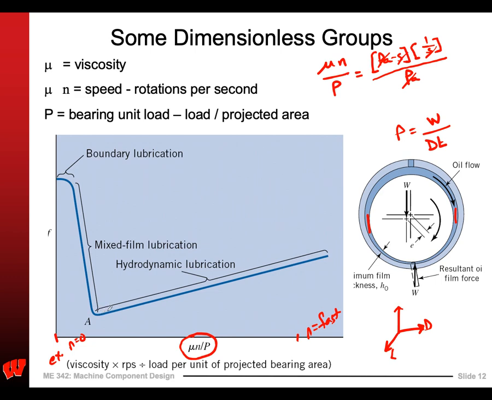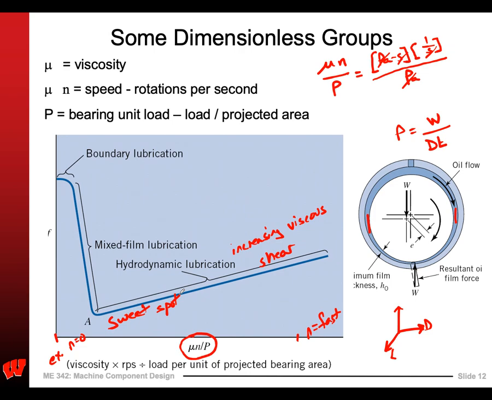But then as I go faster and faster and faster, I'm shearing that oil harder and harder. So this is increasing viscous shear, S-H-E-A-R. Increasing viscous shear in this regime here, right? So this is the sweet spot where I can really minimize